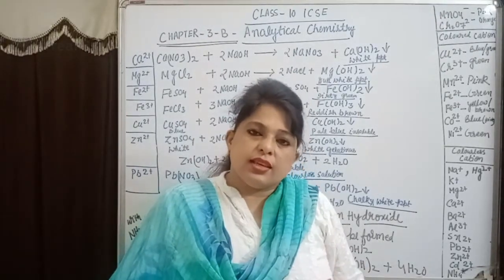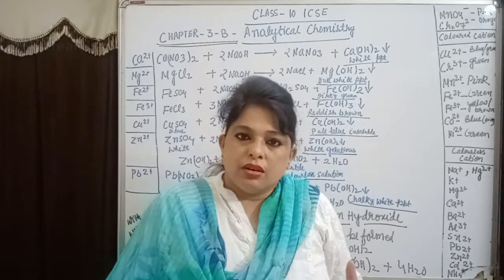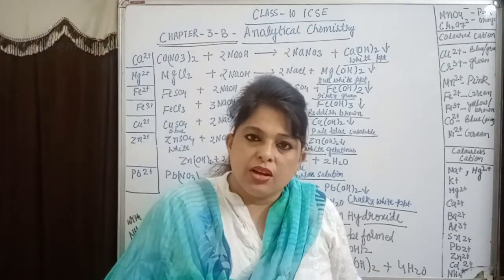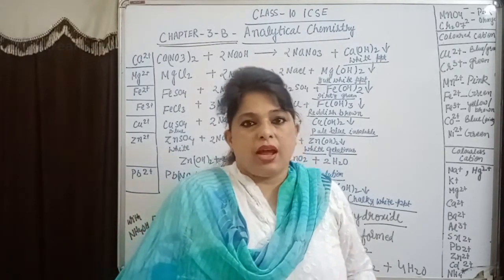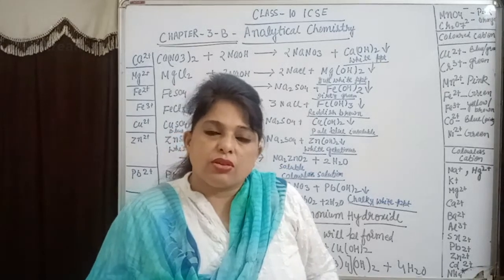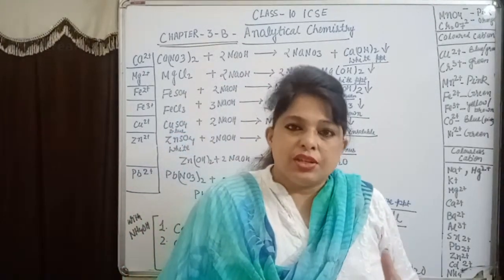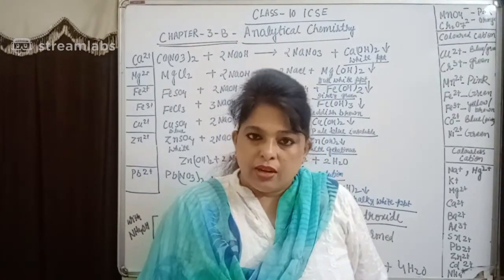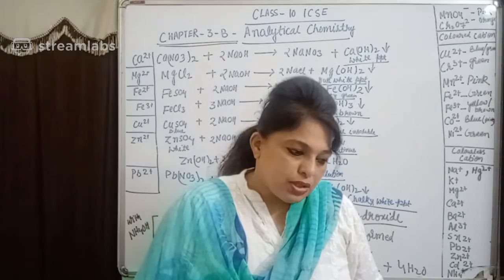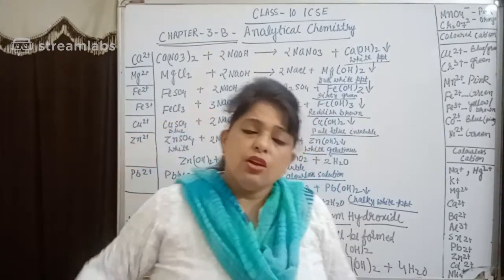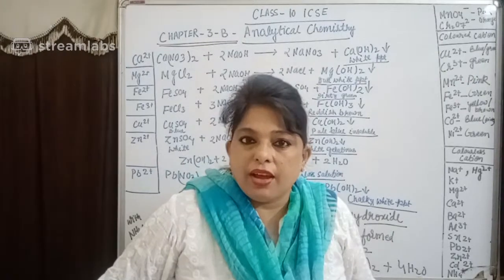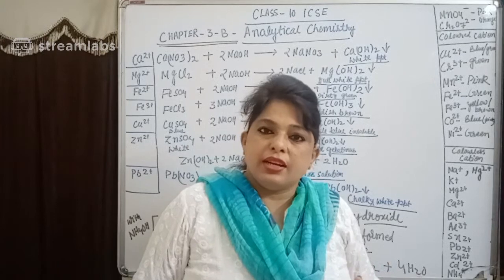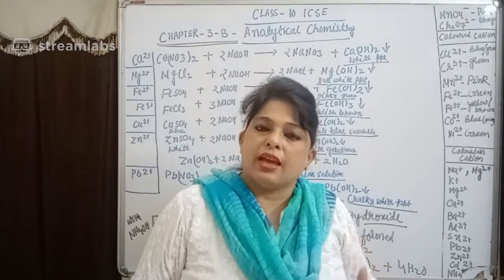Now here in this case we can use sodium hydroxide and ammonium hydroxide for the chemical test, right? Now why use sodium hydroxide and ammonium hydroxide? You will observe some color changes during the reactions, and there may be some formation of the precipitate. So based on the color and formation of the precipitate, we can identify the unknown substances. So this will help us to identify unknown substance with the help of the chemical test.